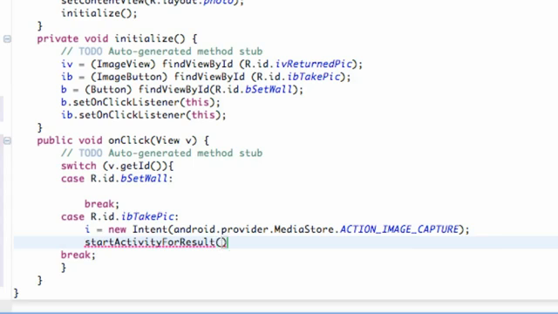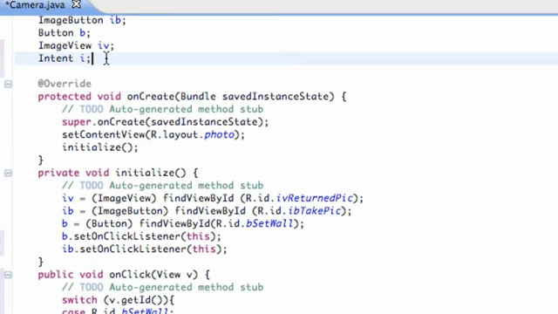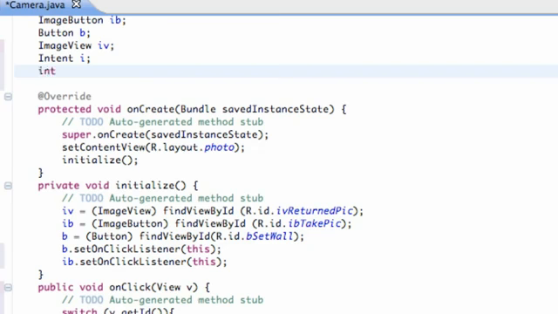And then within the brackets, we're going to set up our intent. And then we're going to hit a comma and basically set up a variable that's going to collect the data, and it's going to be an integer type variable. So we're going to say cameraData is what we're going to call this variable. Since we don't have a variable yet called cameraData, we're going to again set this up above our classes. So we're going to say int for integer and cameraData, and we're actually going to set this equal to 0, and you guys also need to say final static,